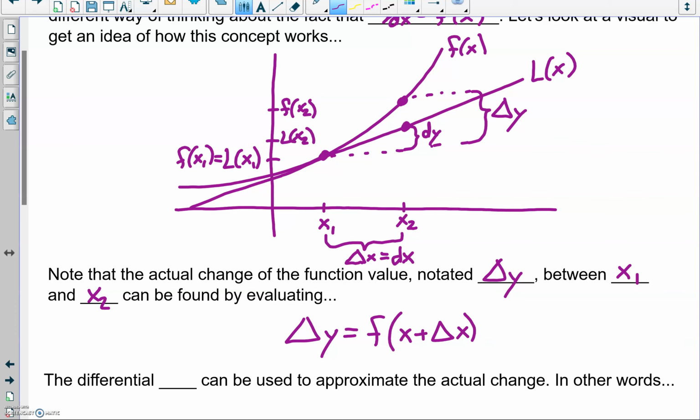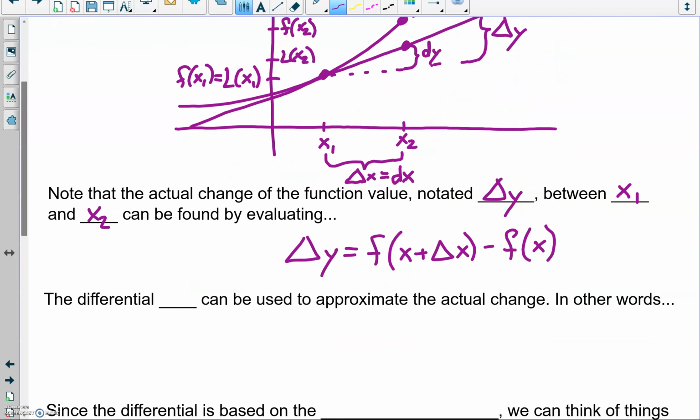So in general, not using x1, x2, we're just using some x value plus a delta x, and then we subtract away the f of x. And in this way, by doing the x plus delta x evaluation first, subtracting away the f of x, if the change in y was negative, we would see that represented. So then the differential dy